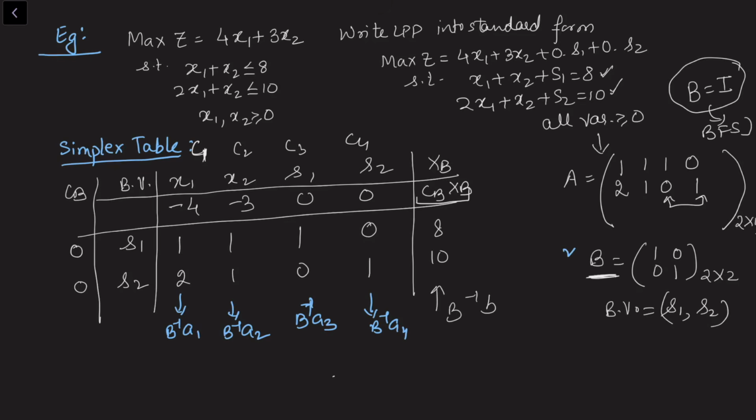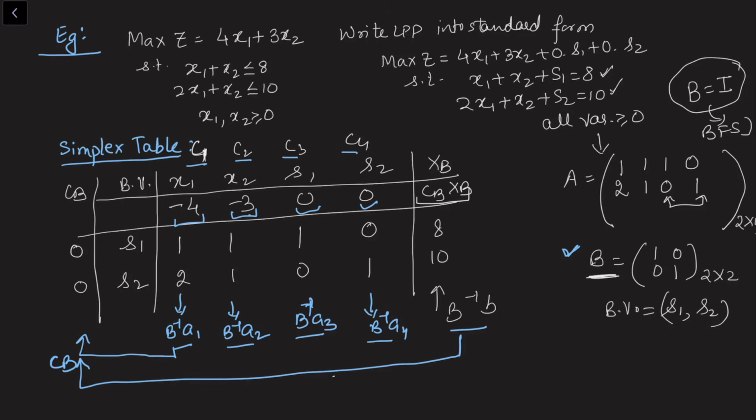Once we have fixed our B matrix, we can find all these entries with the help of B inverse. Once we know the scalars, we can multiply these scalars with the CB column and subtract it from the corresponding cost of the decision variable. We can find Zj minus Cj, which in this case, because the CB vector is 0, I have written directly as minus 4, minus 3, 0, 0. If I multiply this XB column with this CB vector, I will get CB into XB. Then we can identify the entering or leaving variable depending upon the problem. If it is maximization, this has to be entering, and we select the corresponding leaving variable by the minimum ratio rule. We identify the pivot and continue using row operations in our simplex method.